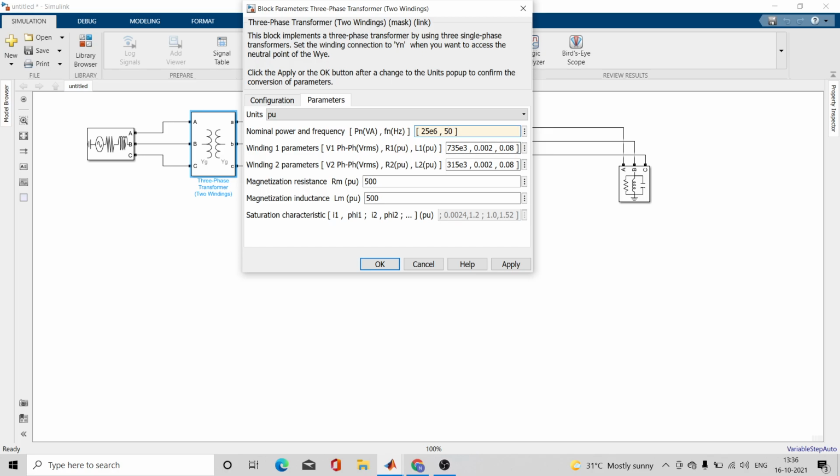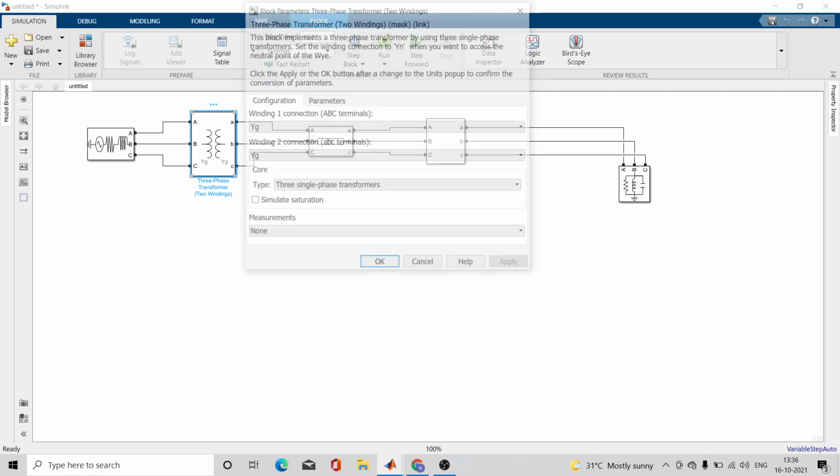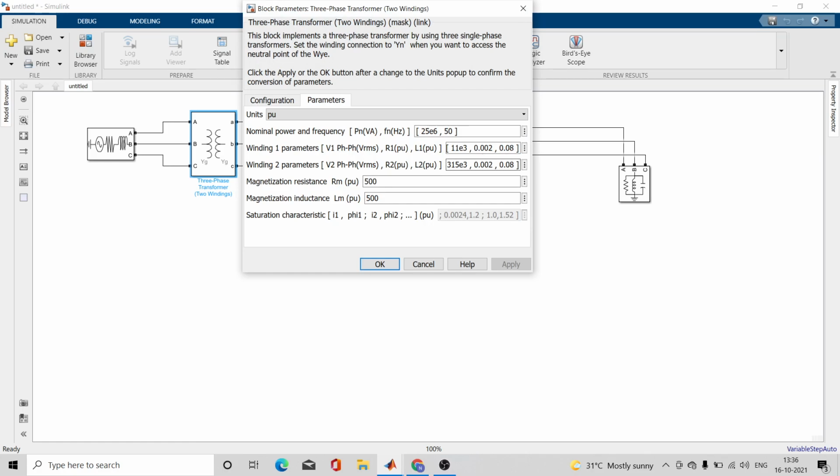Don't change the resistance and inductance values of primary and secondary. Only change the primary and secondary voltage. The primary voltage is 11 kV, and secondary voltage is 0.415 kV. Just let me change it again. Change the secondary things.